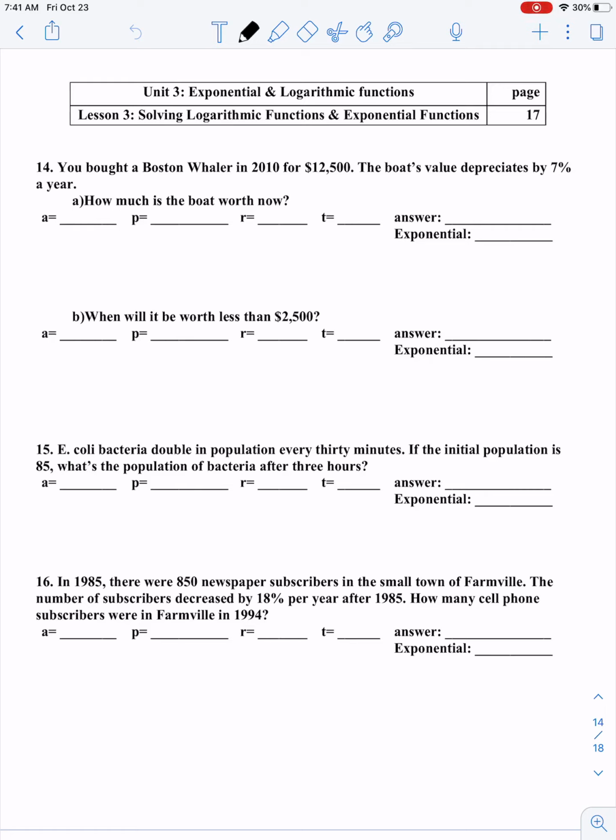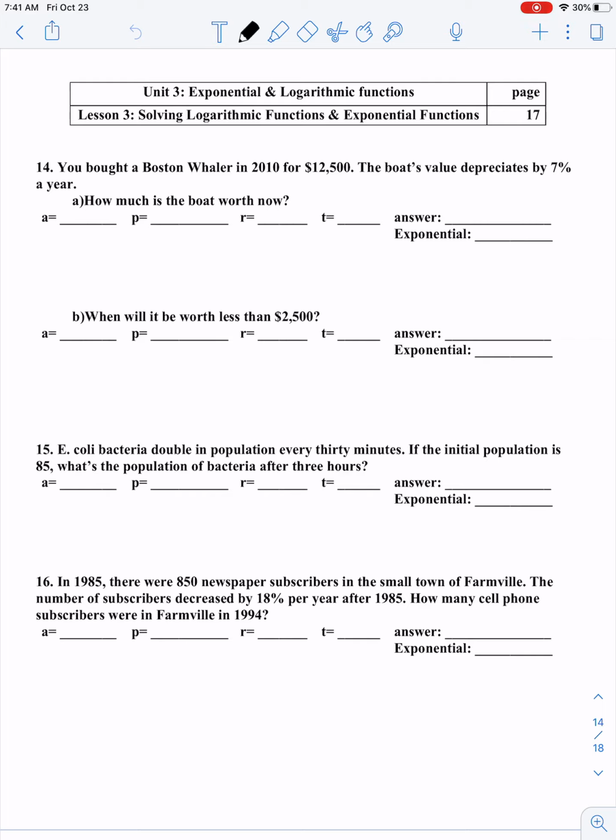Now we're going to look at doing just a handful more examples, again focusing mainly on just getting everything set up, and I will actually go over and solve one or two of these. So starting off with number 14,